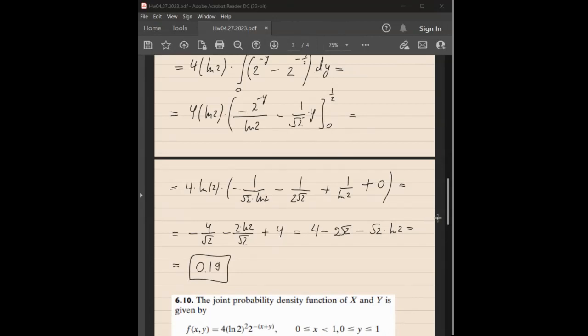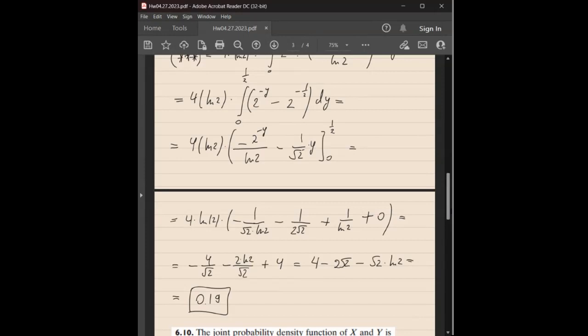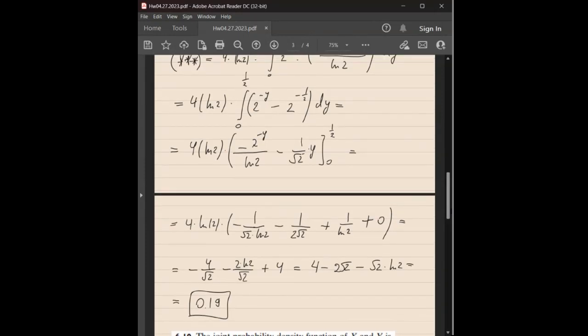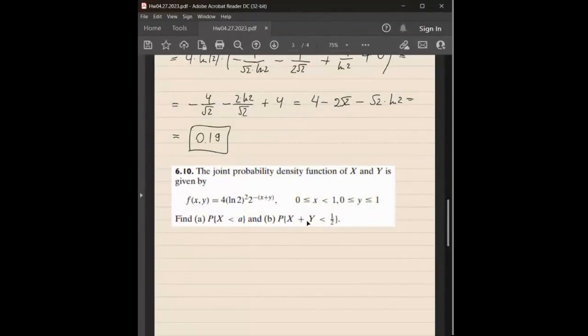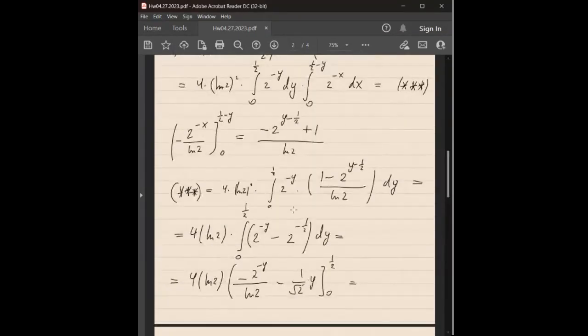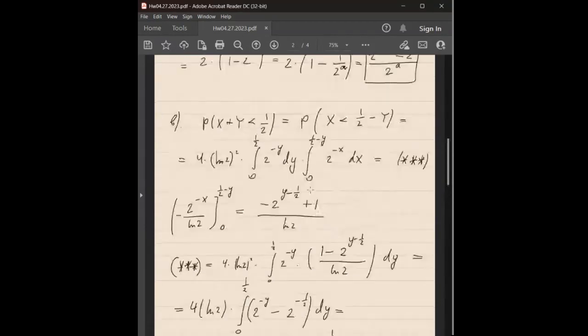My question is why? Why does this integral y go from 0 to half? That's because x plus y is less than half. That means y cannot be more than half. That's right, because the lower bound of x is 0, it's not a negative number. Okay, great,